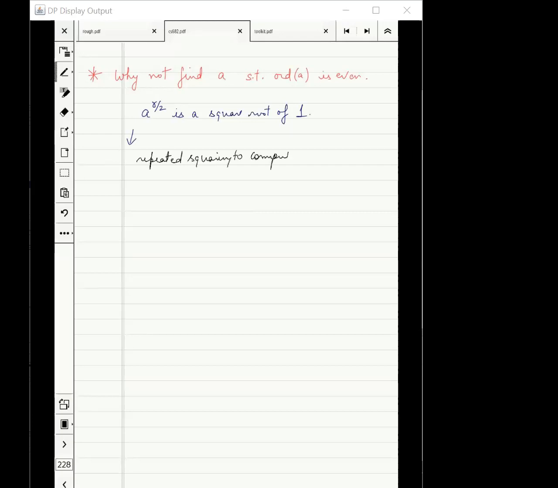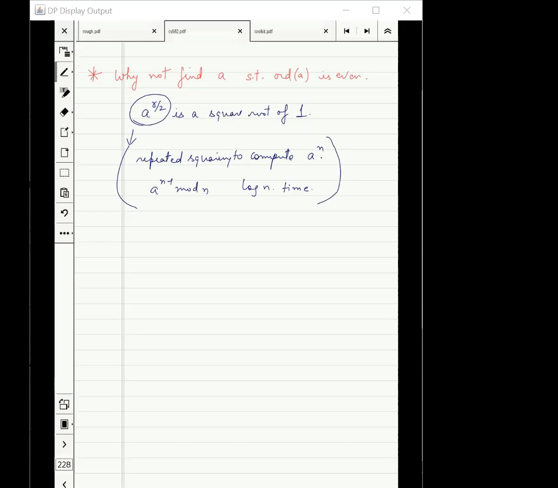To compute, let's say, a to the power n, you don't need to multiply a n times to get a to the power n. So if I want to compute, let's say, a to the power n minus 1 mod n, I can do it in log n time. This is what I'm saying. Okay, this is just an aside. This means I can even calculate a to the power r by 2. And a to the r by 2 is a very good guess for a square root of 1.